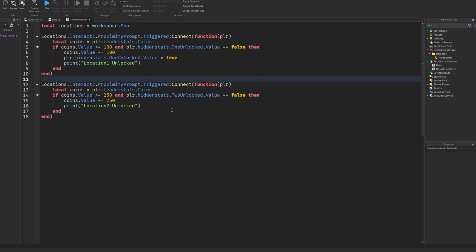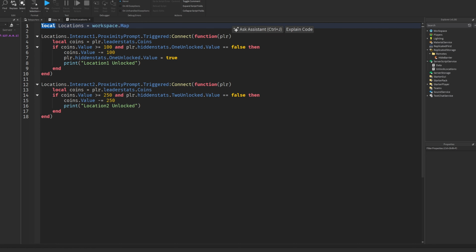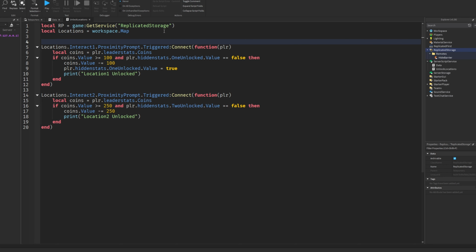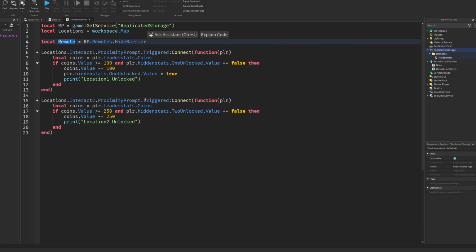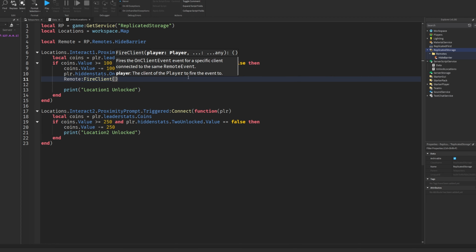And in here now, we will get the remote real quick. At the top, just do local RP = game:GetService("ReplicatedStorage"), which just gets the replicated storage. And from that, we will get the remote. So local remote = RP.Remotes.HideBarrier. So now we have the remote, and we're going to fire the remote right here. FireClient. So this is going to send from the server, which is this script, to a client script,